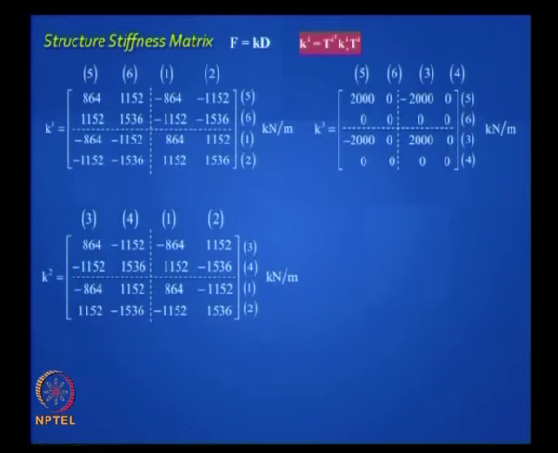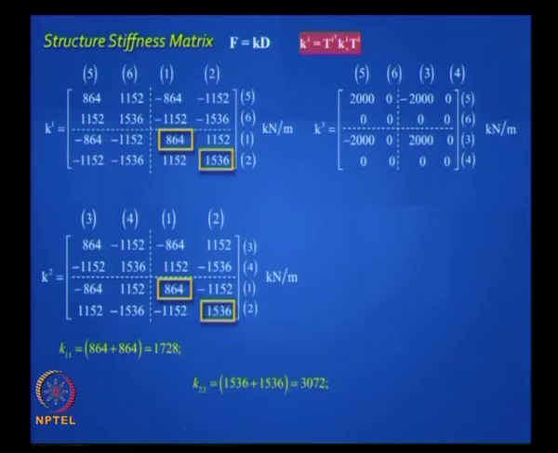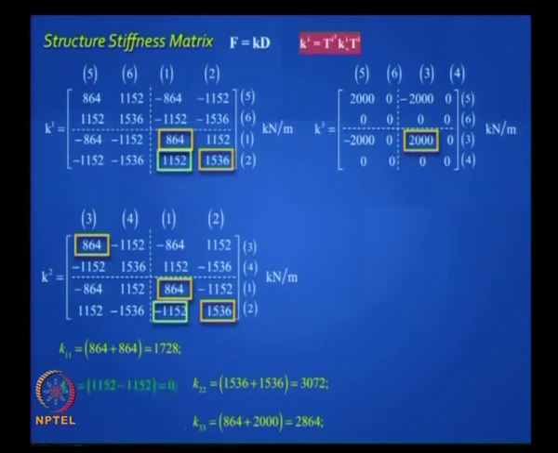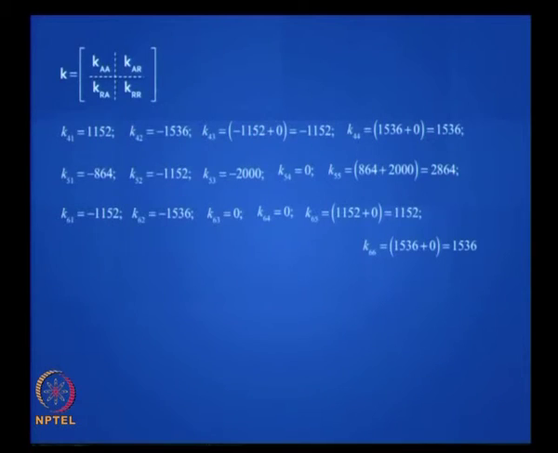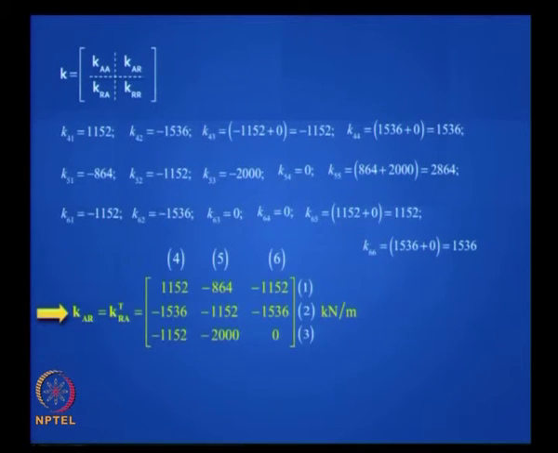This is what you do in the first step, this is what you do in the second. You can fill up all of them and then generate this matrix. Is it clear? Okay. Similarly, you can generate all the others, and it is a symmetric matrix, so you need to find only one off diagonal term, and you have got everything.